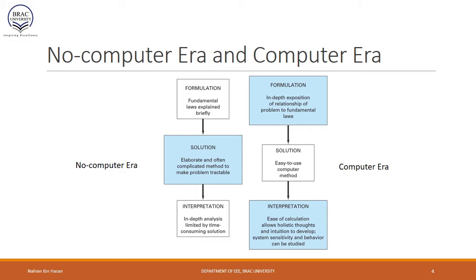But when the computers evolved so dramatically after the 20th century, the problems that could not be addressed before are now solvable through computers. But computers cannot use analytical methods directly. They have to calculate through numerical methods. And that's why numerical methods became so important when the computers evolved so dramatically.